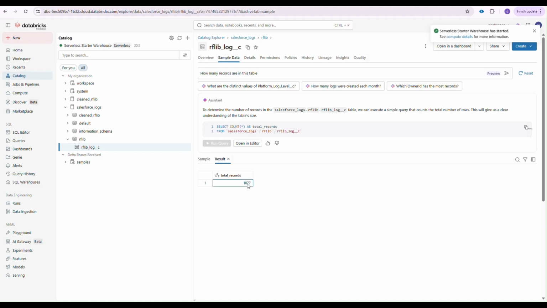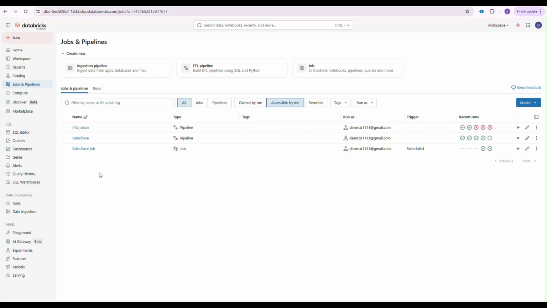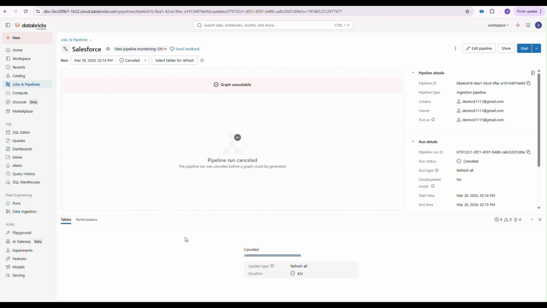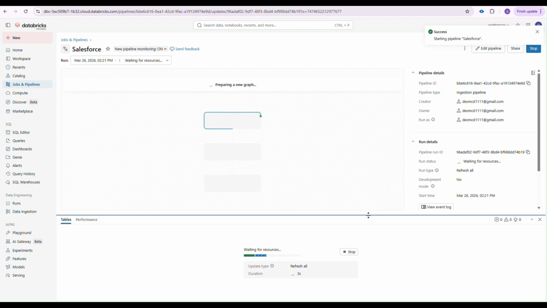So bear in mind, the newly created, those new 5 records that I created in Salesforce haven't been ingested yet. Now, as I said, these get ingested every day, but what I can do is actually run the pipeline so that it can ingest it. So if I go into this pipeline, I can just start this. Okay, now this does take a minute,